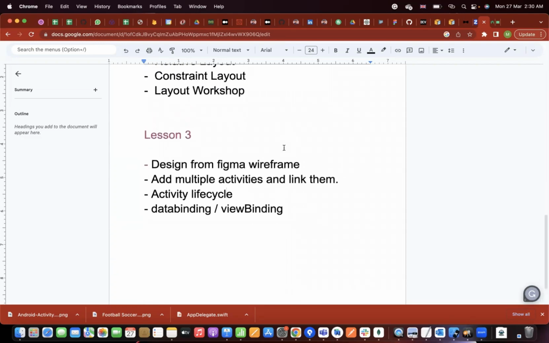Okay, so for today, inshallah, we will cover a couple of things, like how we can design from a Figma wireframe. This is important. We can take two sessions about this, I think. So in this session, I will give you a little introduction, and maybe I will